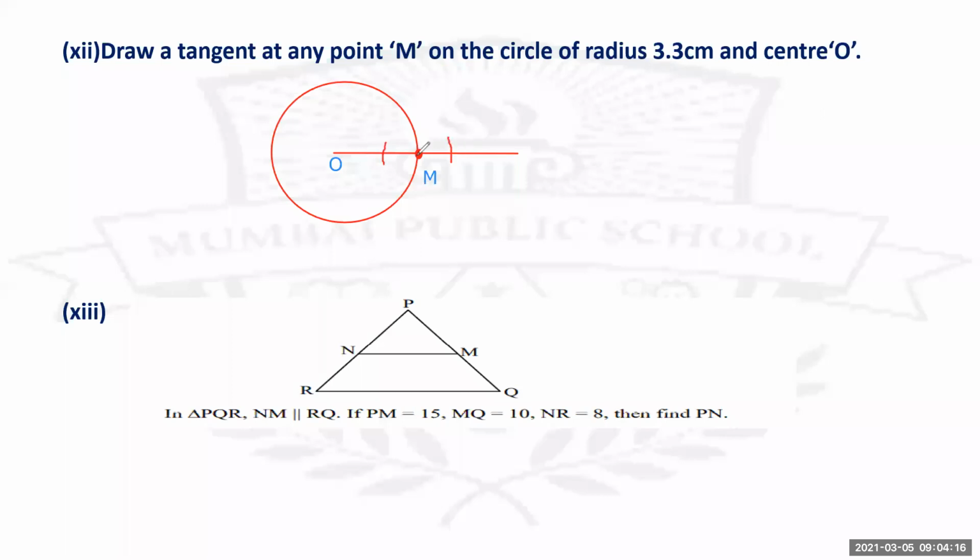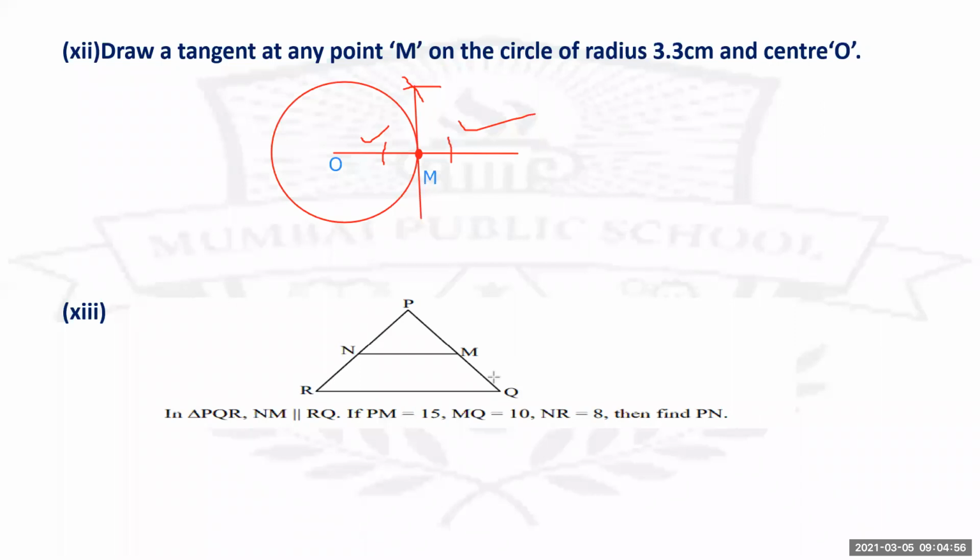You keep the tip of the compass at point M, and you cut the two arcs on the opposite ends. And after that, from these two arcs, arc 1 and arc 2, you are going to cut two more arcs in the upward direction with respect to the line, and you will join the point where they meet with M. So that will give you the tangent. Is this clear to all the students? Any difficulty in this? Very simple. This kind of question also was solved yesterday.